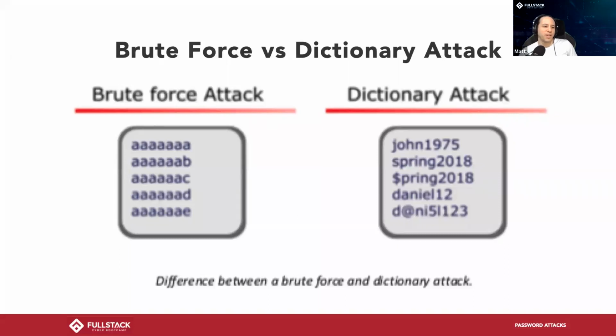Besides this being a little blurry, I referenced two different things here, brute force and dictionary attack. They're really similar. What I'll say is brute force attacks are a little dumber, and they're completely going to try every single combination. Whereas in a dictionary attack, you're going to use a list of words, usually with some kind of theme. They're smarter and they're going to be shorter, right? The bigger your dictionary, the wider your net, the longer this attack is going to take, but the higher your chance the password's on there. So you're always going to be making these trade-offs between using a really big word list or using a common word list and hoping it's in there.